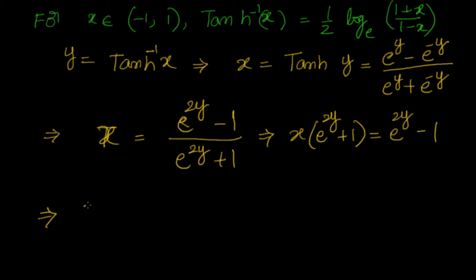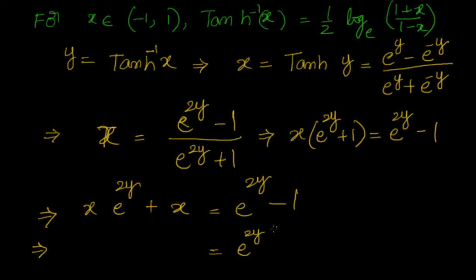You can try similarly cosecant h inverse x, secant h inverse x, cot h inverse x. You know the process. The process is very simple. Take it as y, then automatically you will have a hyperbolic function here. Apply that function and see whether you can simplify it or you will get a quadratic equation. You can solve it and you can prove it. Okay? So in the next video we will do some examples and we will close hyperbolic functions.